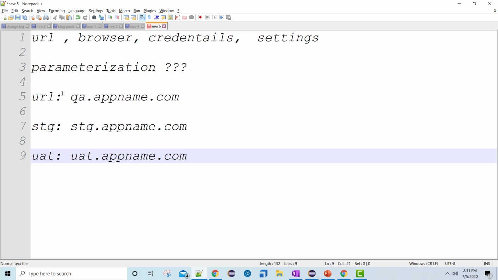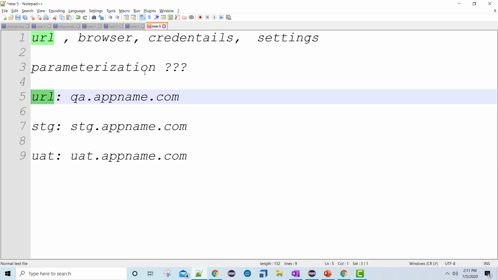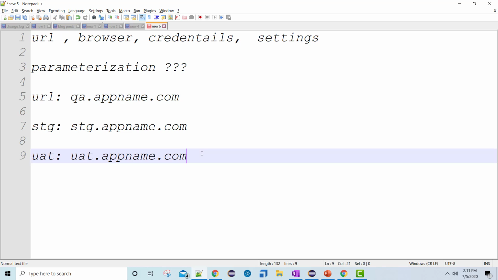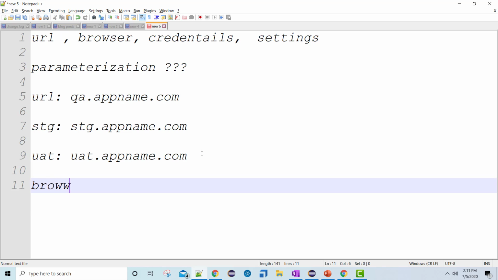So what we will do is we will put this URL into properties file, and wherever it is required we will read it from properties file. Same is for browser, right? So today someone asked me to execute it on Chrome browser, tomorrow Firefox or something like that, right? So for browser there could be different possibilities. For example, I may put the browser in properties file, like how we are going to do it now, or in my next framework, in advanced level framework.